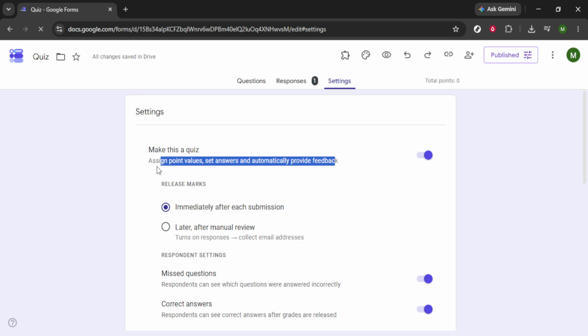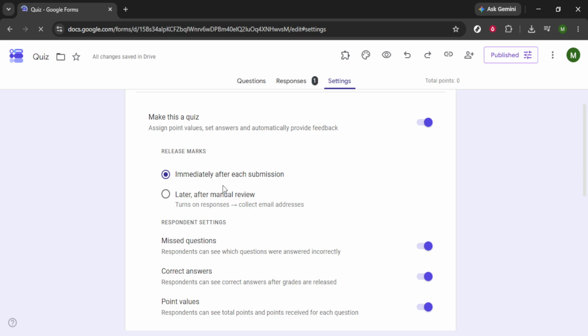Next, still within the settings, look for the section specifically labeled Release Grades. Here, you'll encounter different options for when participants can view their scores. Click on Immediately After Each Submission. This setting is what ensures that as soon as someone completes your quiz, they'll instantly see their score along with any feedback you've configured. This way, they can get immediate results rather than having to wait for manual release or